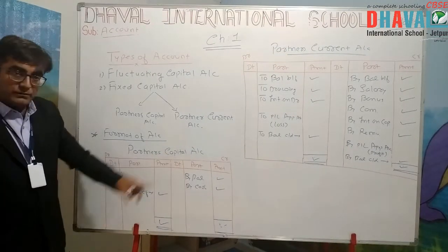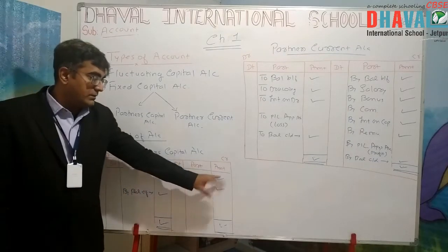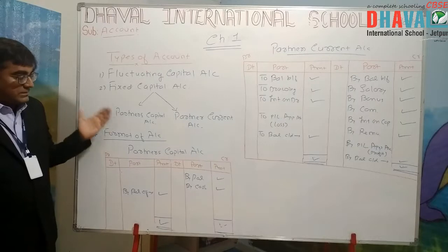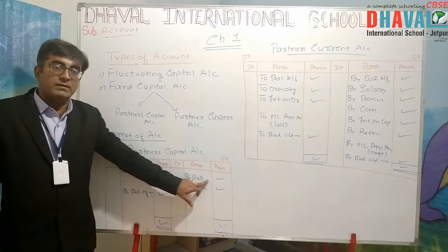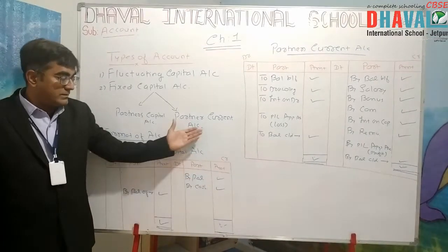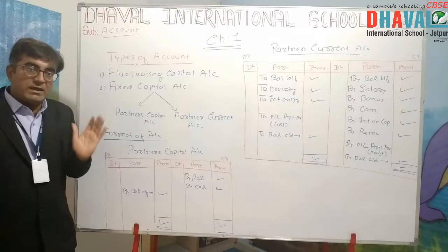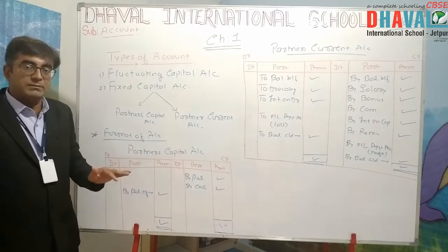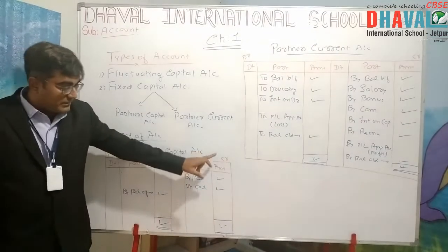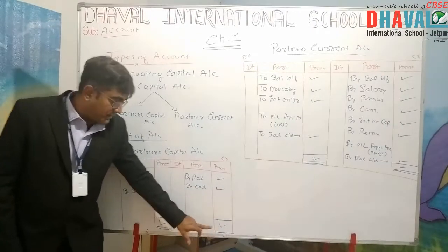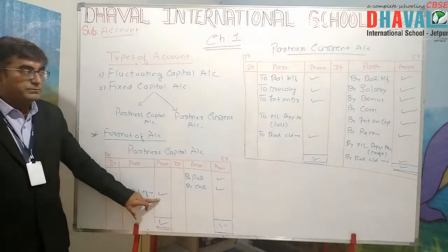Partners capital account format: date, particulars, amount, credit and debit. First we write on the credit side by balance BF. Whatever the amount brought by the partner as capital, we first mention on the credit side. During the year, if any additional cash is brought by the partner, we write by cash again on the credit side. Then we make the total, and we get the balance here. That is called by balance CF, which we carry forward on the debit side.